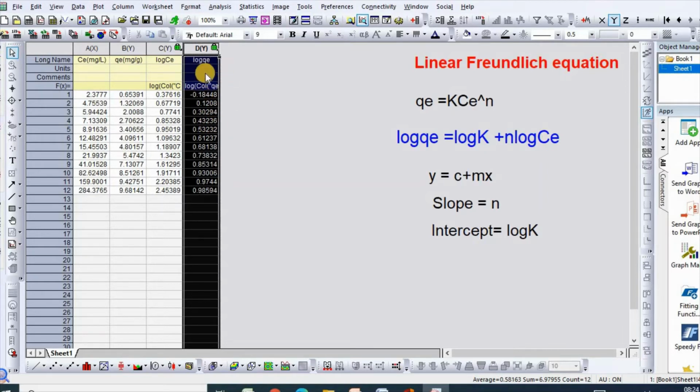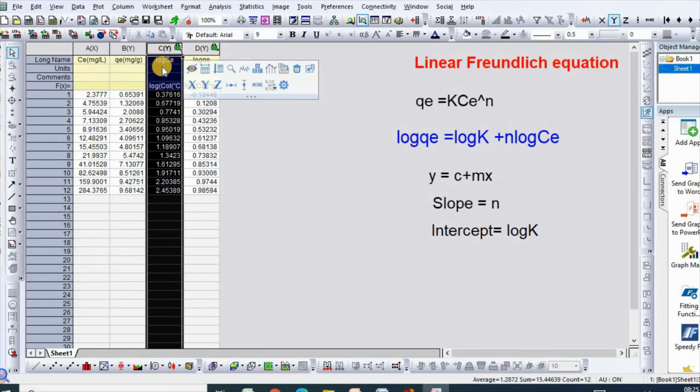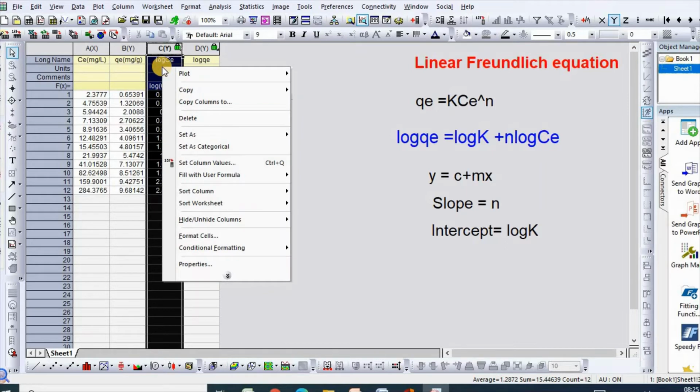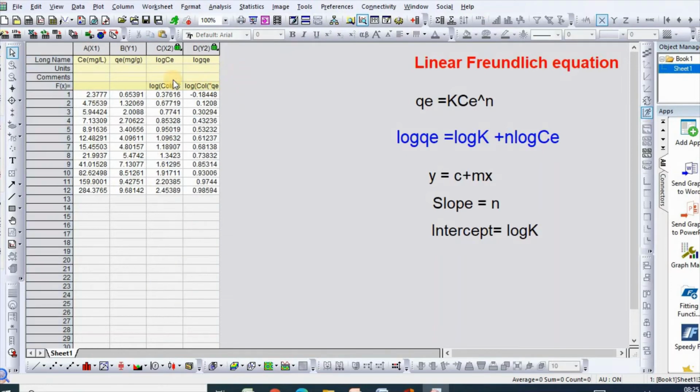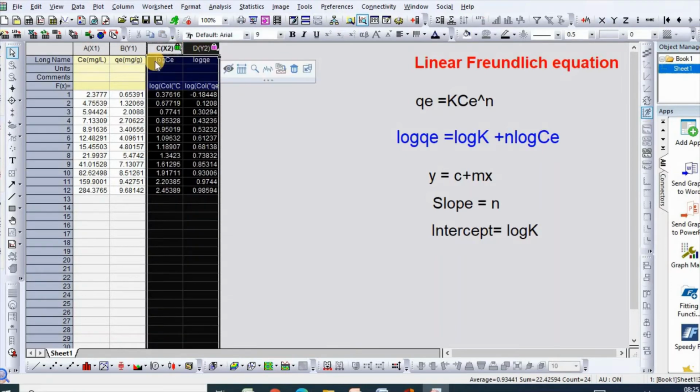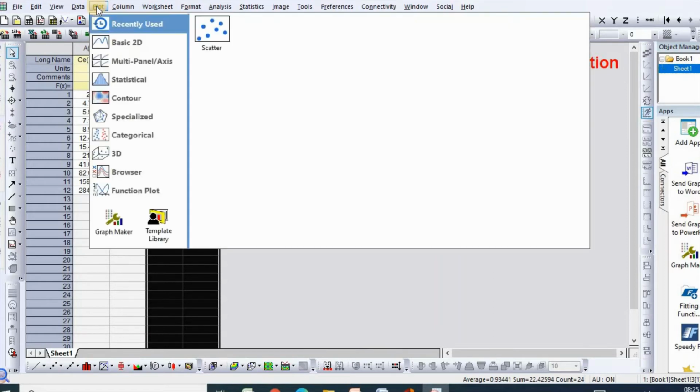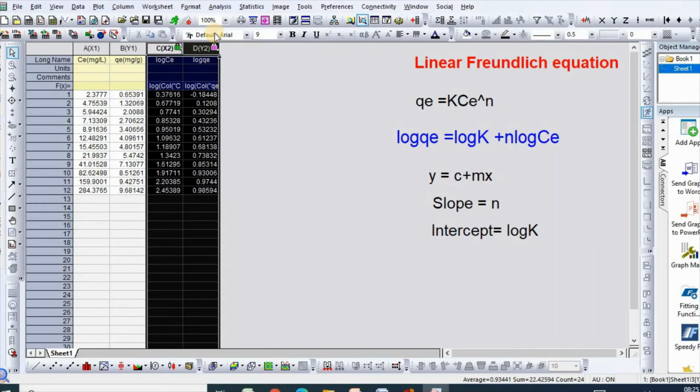Now as we will plot log C versus log U, we have to make log C the x-axis. So select, then set as x-axis, then select both and click plot, then go to scatter and click.